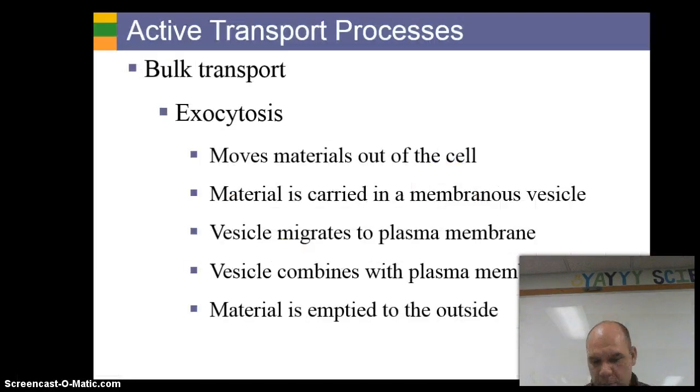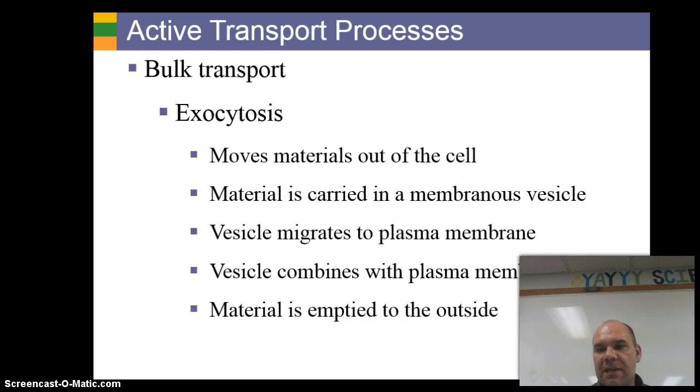The second type of active transport process we're going to talk about involves bulk transport, and we'll hit this again in the next day or so, but an example of bulk transport is exocytosis, and we'll support this with a diagram as well. Just basic components. We know this process moves material out of the cell. It's a process in which material is carried in a membranous vesicle, and if you remember from Golgi apparatus and